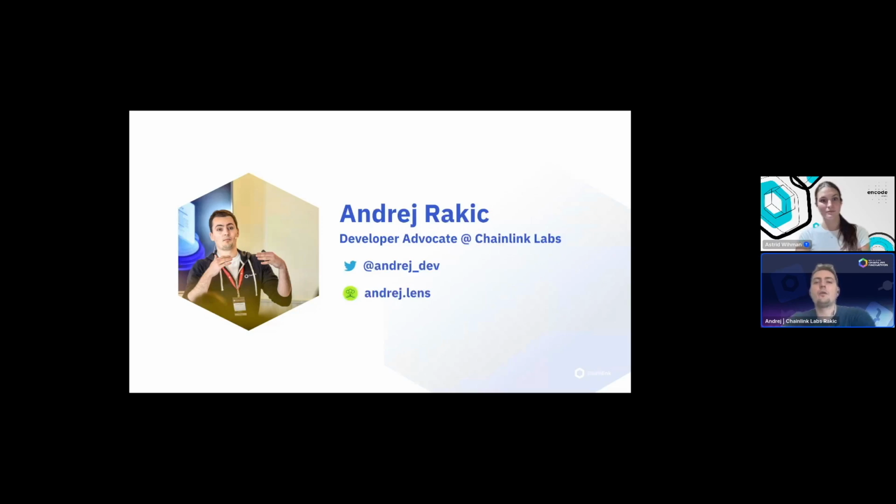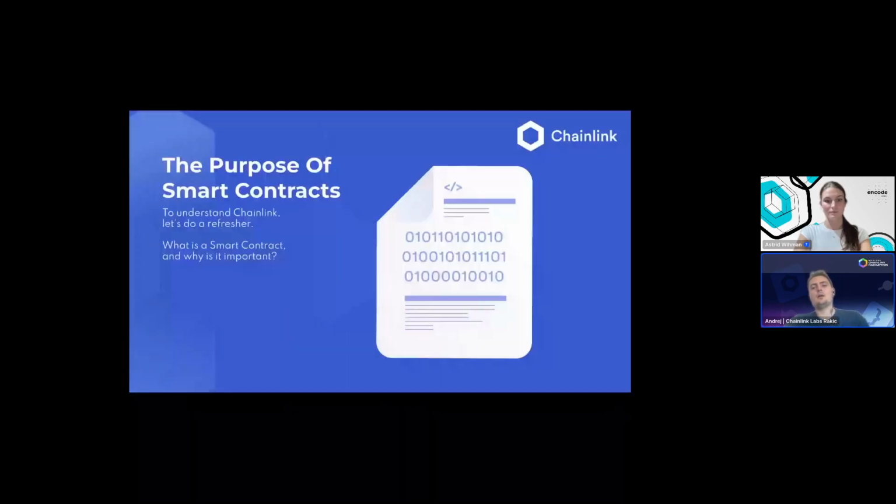But if you want to try it locally and simulate what the end result will look like on testnet or mainnet, you can do it without any restrictions, which is what we're going to do today, just to speed us up. But before we start, let's quickly go through what the Chainlink protocol is. I assume you already know, because you attended the previous Chainlink workshops, but let's do a really quick